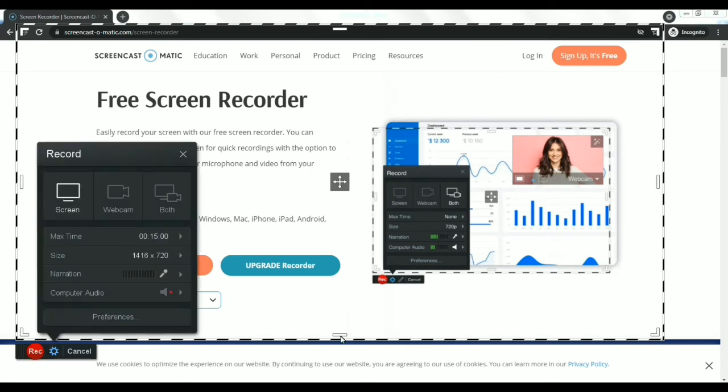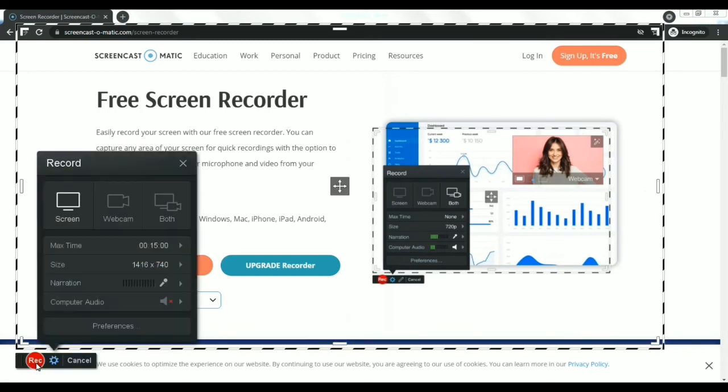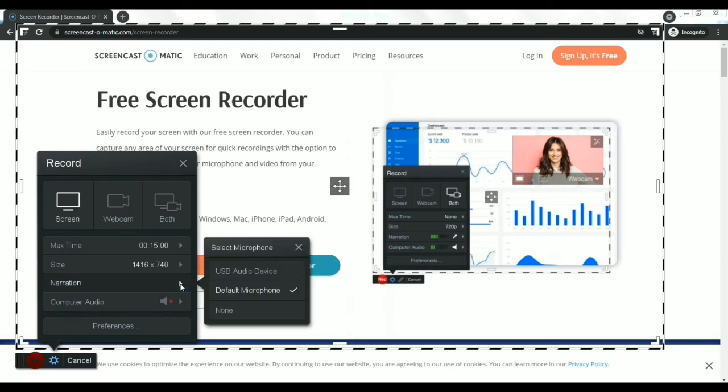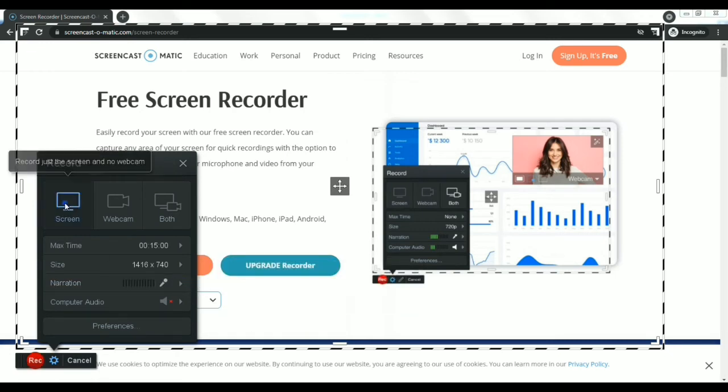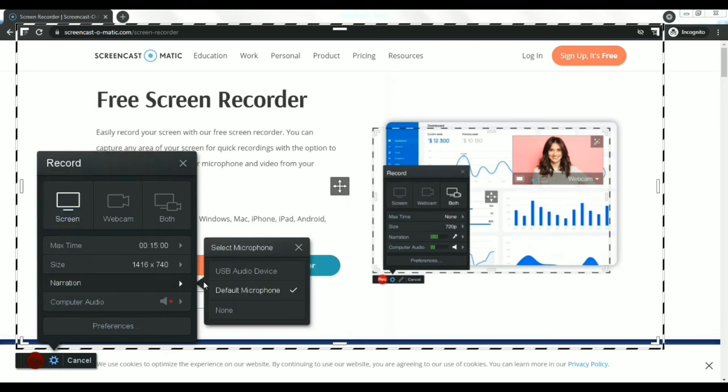You can stretch the screen as much as you like, and there is a record button as you can see, and there is a mic also. You can use the mic for audio while recording the videos. There are various features, and there is screen, and webcam also.